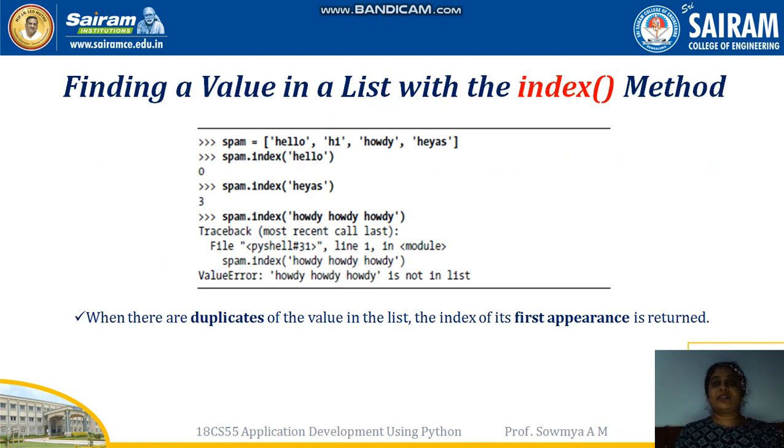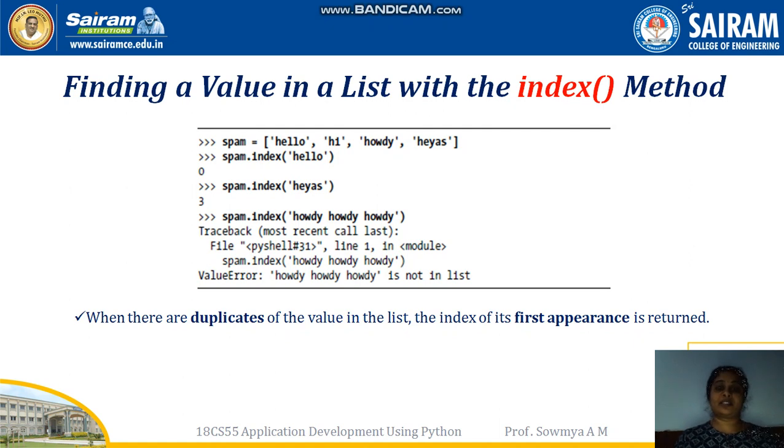First one, we have the index method. To find the values of the list, we use the index method. So if you have a list with values, write the name of the variable of the list, dot index with the value. So spam is one list, spam dot index of hello, so it gives you the index of that value. To fetch the index of a value from the list, we use index with the argument of the value, with the list name specified.